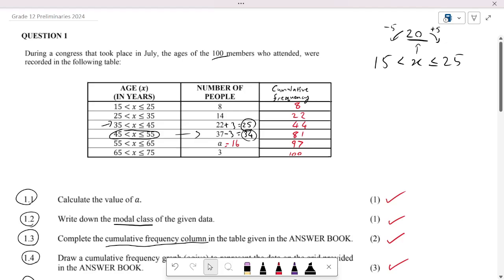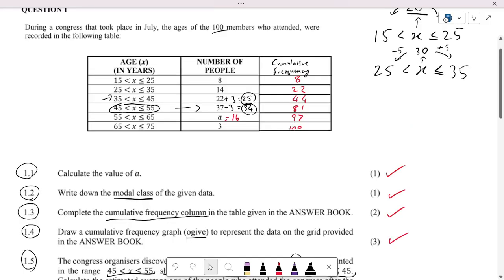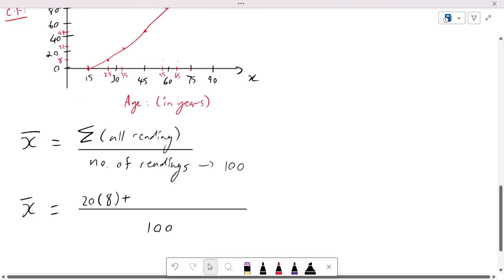Sorry about the dog, by the way. We have a number between 25 and 35 over here. And if you agree with me, I would say that would be 30, right? Because if we're subtracting 5 from 30, we're going to get 25, and if we're adding 5 to 30, we're going to get 35. You can see how 30 actually lies between those numbers. So we take that number and multiply it by the number of people in that range, which is 14. So it's going to be 30